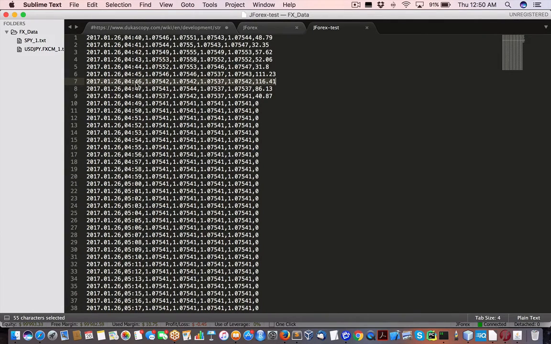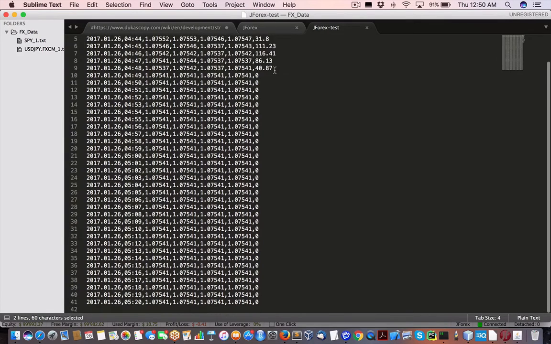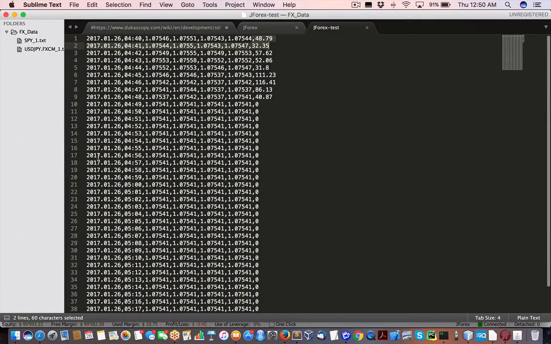So we have our date, time, open, high, low, close, and I believe this may be volume. I have to verify what this last one is. And you can definitely work with it. Now,